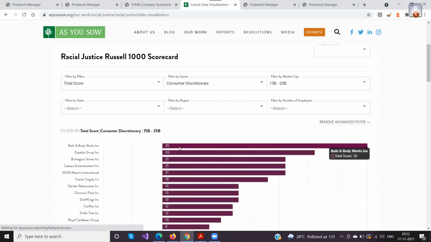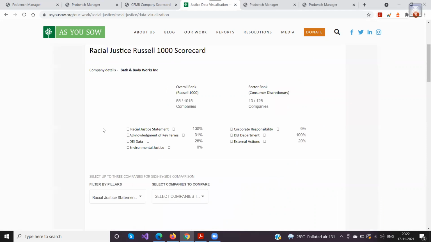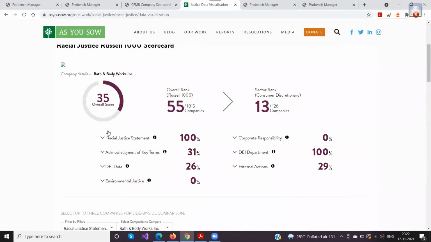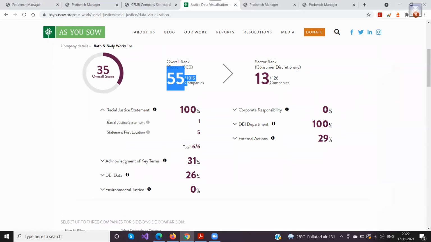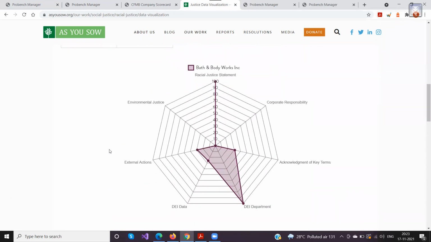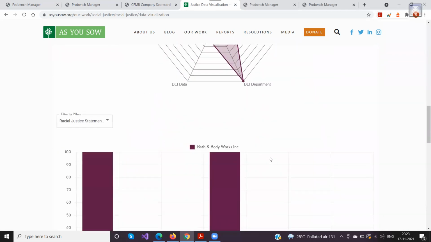Now, when I click on this bar, it would take you to a more detailed page for that particular company, and there you would be seeing their ranks. This is a publicly available report, so there's no problem with that. You can do all these things. You see the grades and the fonts that we have used in the charts, completely configurable here.